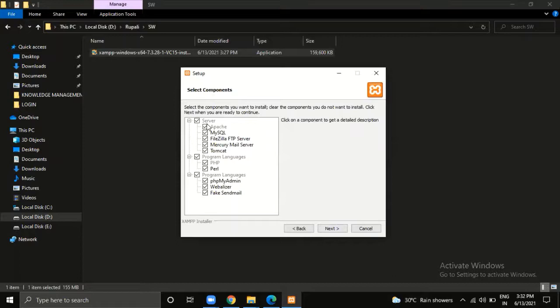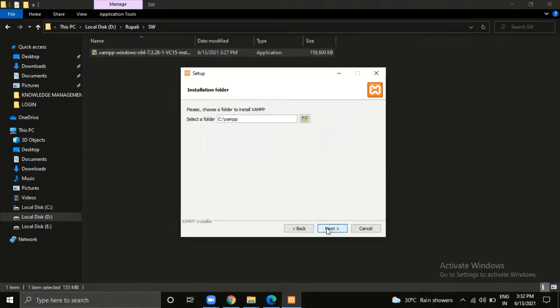And here you can find multiple options. XAMPP is the server which provides you multiple verticals where you can have the Apache server, Tomcat, FileZilla, MySQL and the mail server. So many options are there. Make sure you're checking all the checkboxes. It will ask you for a directory where you will be installing your software.